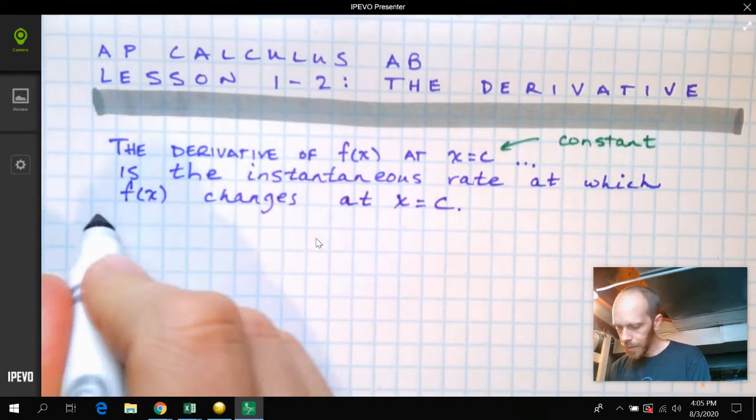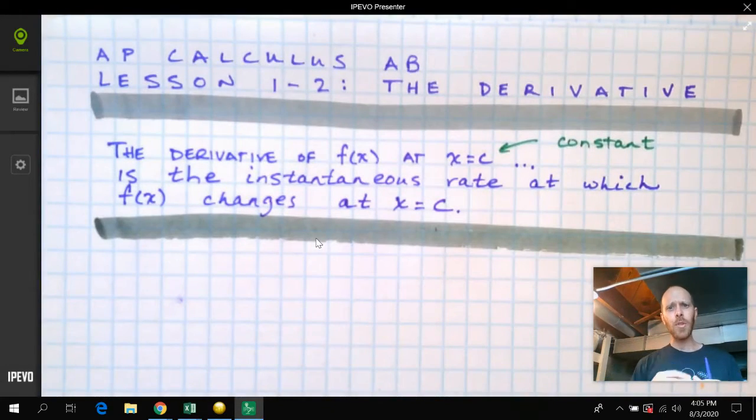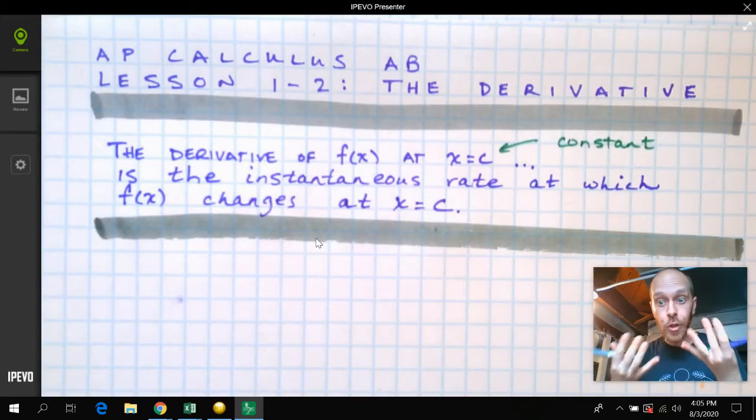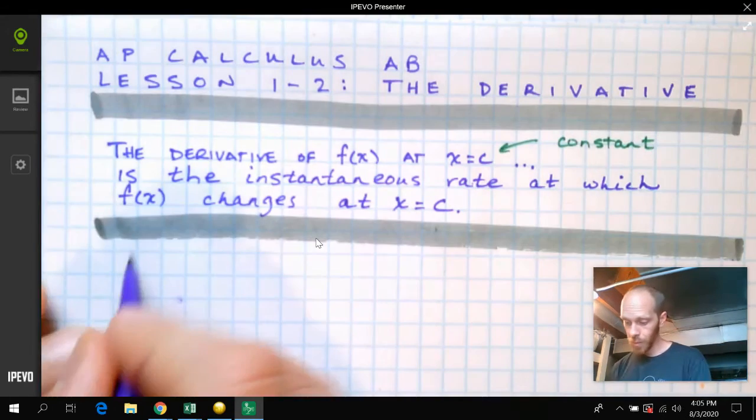Now, why do we call it the derivative rather than the instantaneous rate of change? Why have two words? I think part of it's because we're lazy. It's easier to say the derivative. And it would be even easier if we had a nice little symbol. So in fact, here's how lazy we are. We write it as